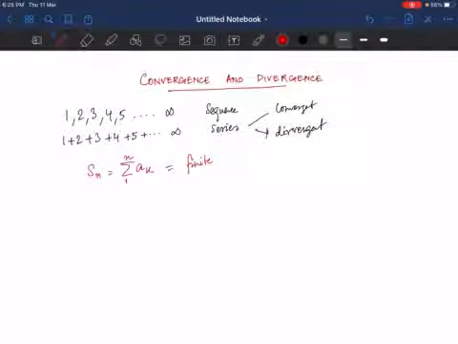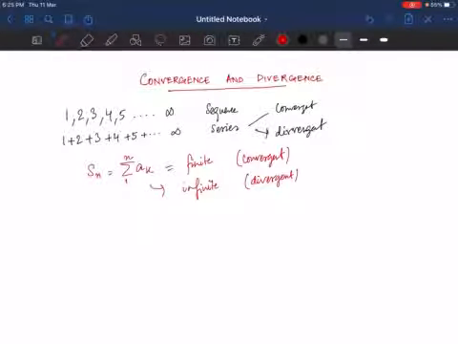If you add all the terms of that series and you get a finite number, then you can say that the series is convergent. But if the sum is coming out to be infinite, then we say that it is divergent. Okay, so this is all we have to know about